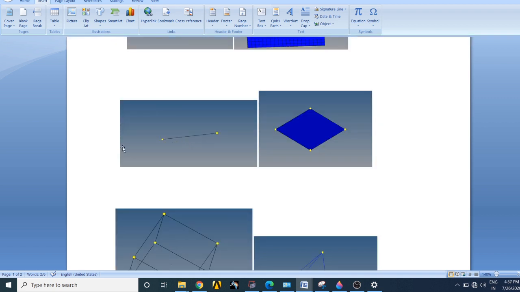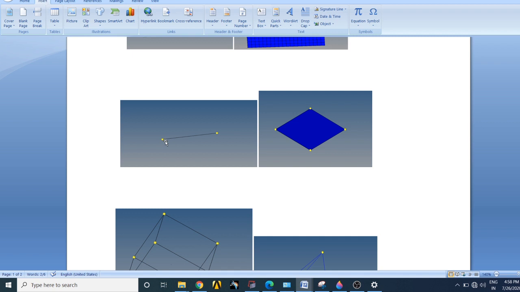Now we will discuss the types of element. On the right side, as you can see, these kinds of elements are called 1D elements. In 1D elements, one node is here and one more node is here. These are the simplest form of elements, also called beam elements.